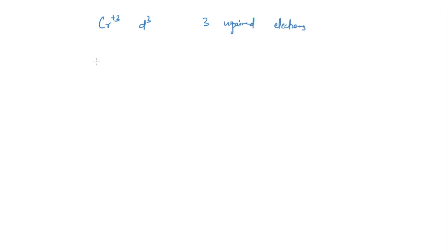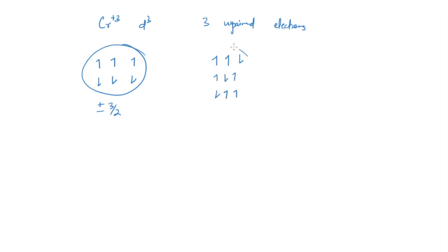Now these 3 unpaired electrons can either all have this spin, or they can have this spin, right? So if they have parallel or anti-parallel spin, they will have either +3/2 or -3/2. That is the value which they will get because of this particular arrangement. Or it can happen that 2 of them are having parallel and 1 of them is having anti-parallel spin. So the overall value can be changed. Okay, you will be having this also, or it can be like this. Okay, so all these 3 arrangements will have a spin value of